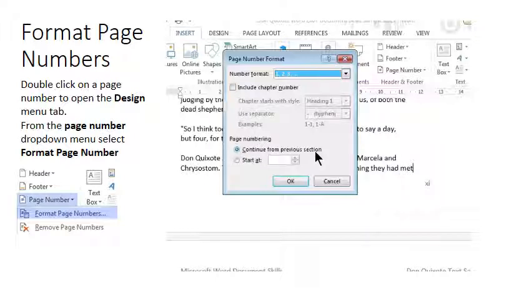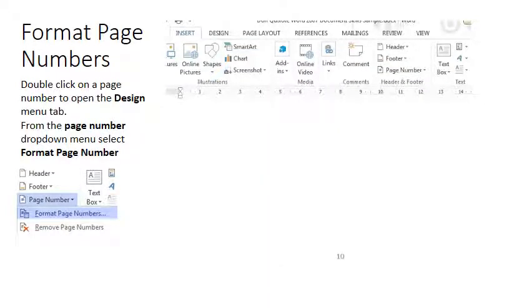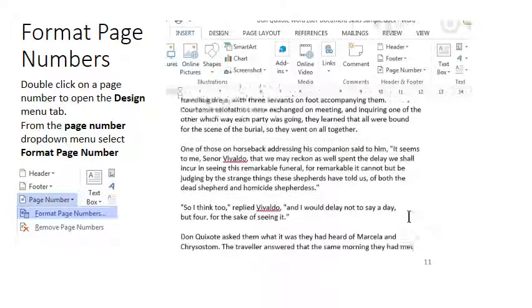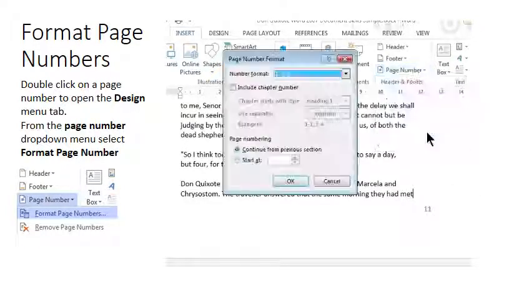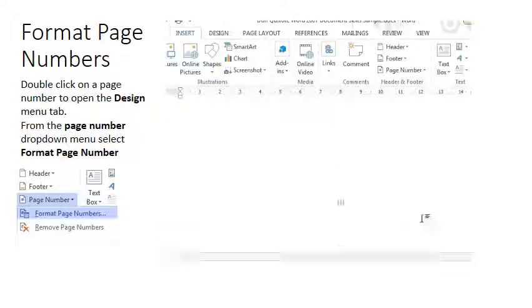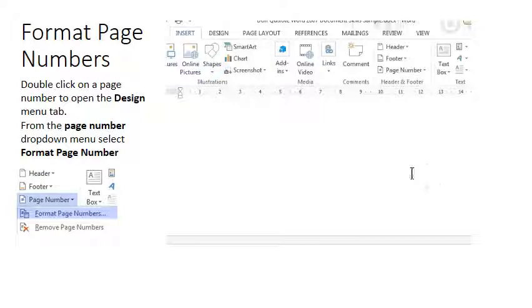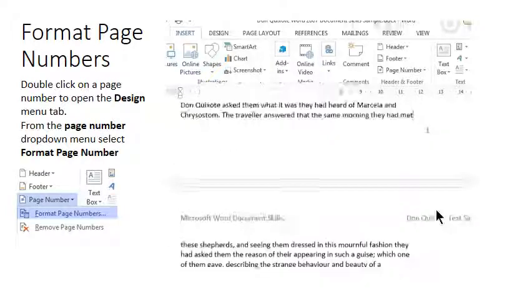Continue from previous section means that I have continuing page numbering. So the previous page will be 10. And there it is. However, you can also have this page number start at 1. Remember, page 11 is a new section all of its own. So this section could be section 1, page 1 of a new section. So there's 1, 10 previously, and if we continue to the next, 2 for our 2 pages in section,